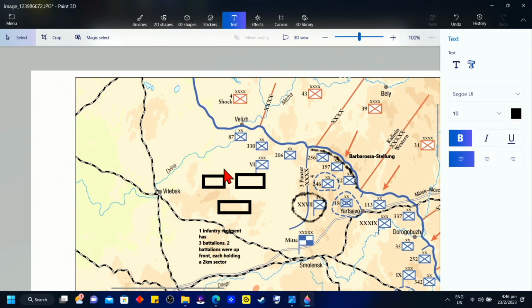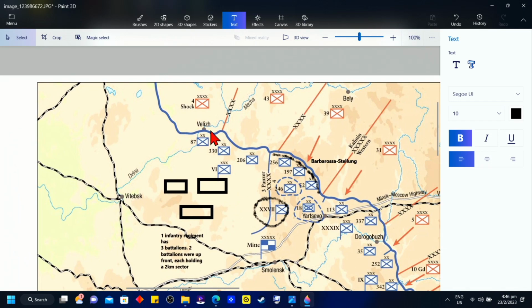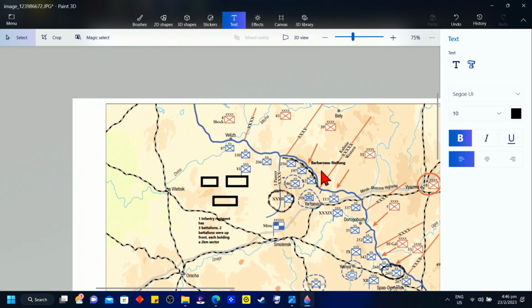So basically, each one battalion was holding a 2-kilometer sector. So one infantry regiment has 3 battalions. 2 battalions were up front, each holding a 2-kilometer sector. So this is how the